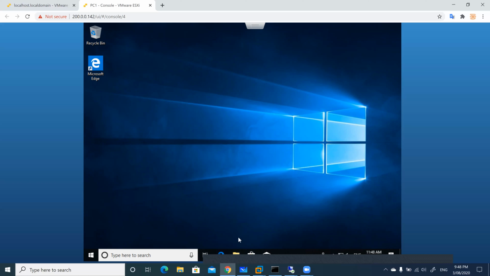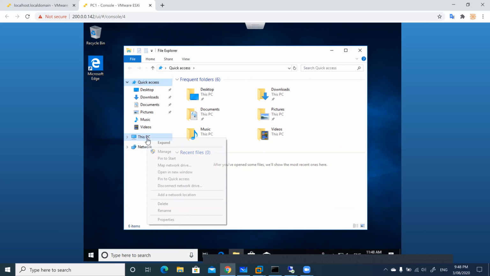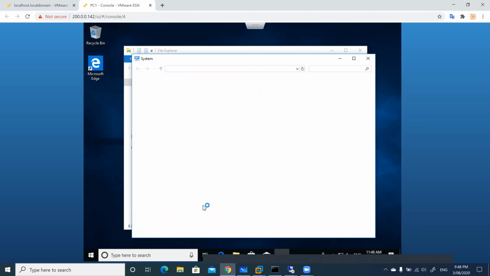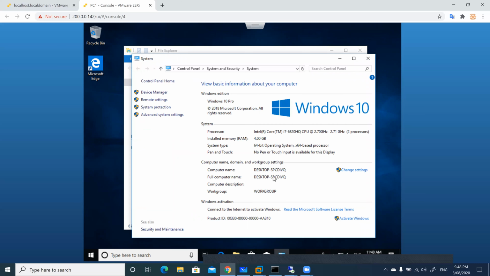So I'll click on File Explorer here. I'll go ahead and right click, Properties. Still in the workgroup. Should not be.